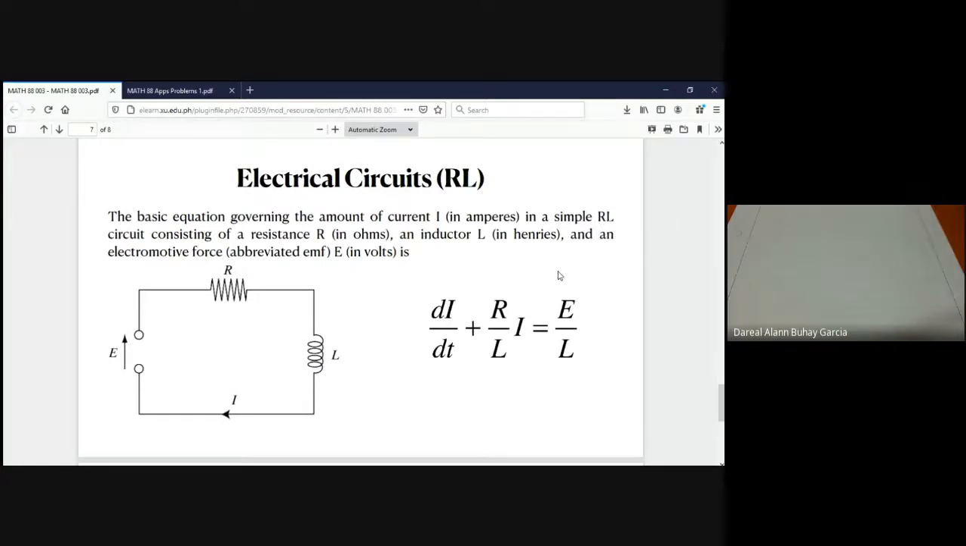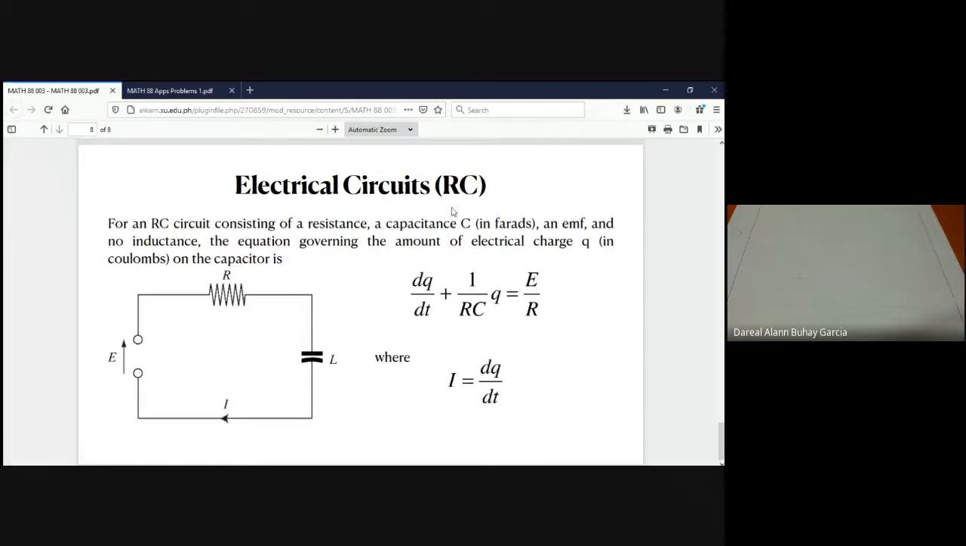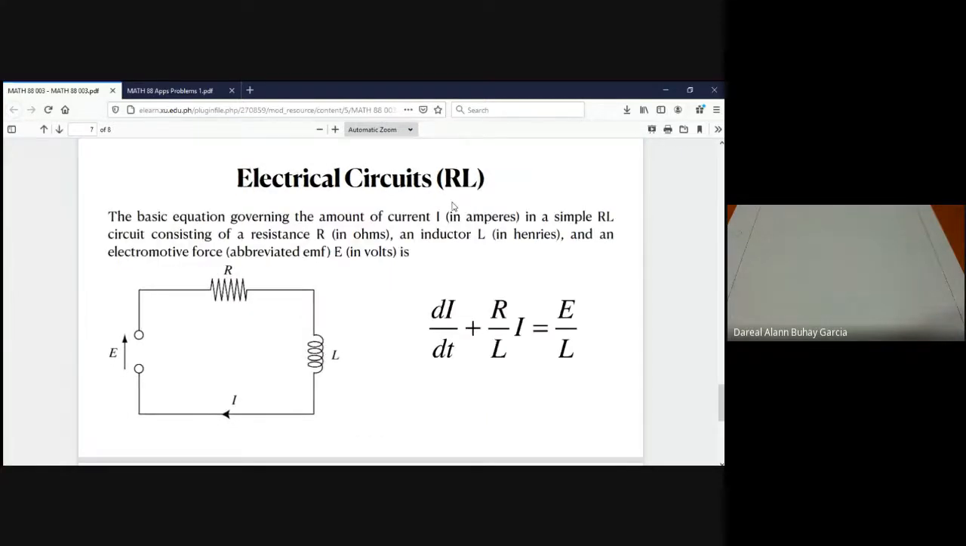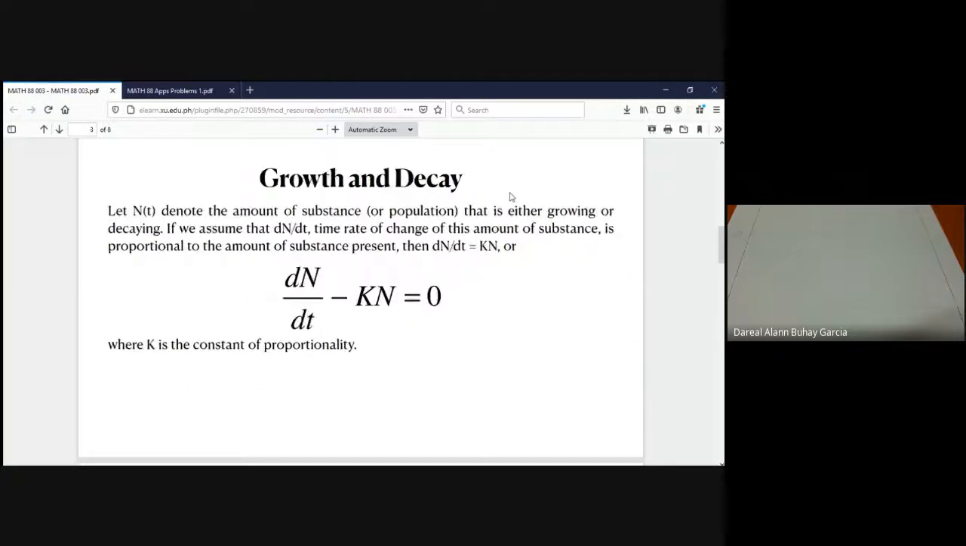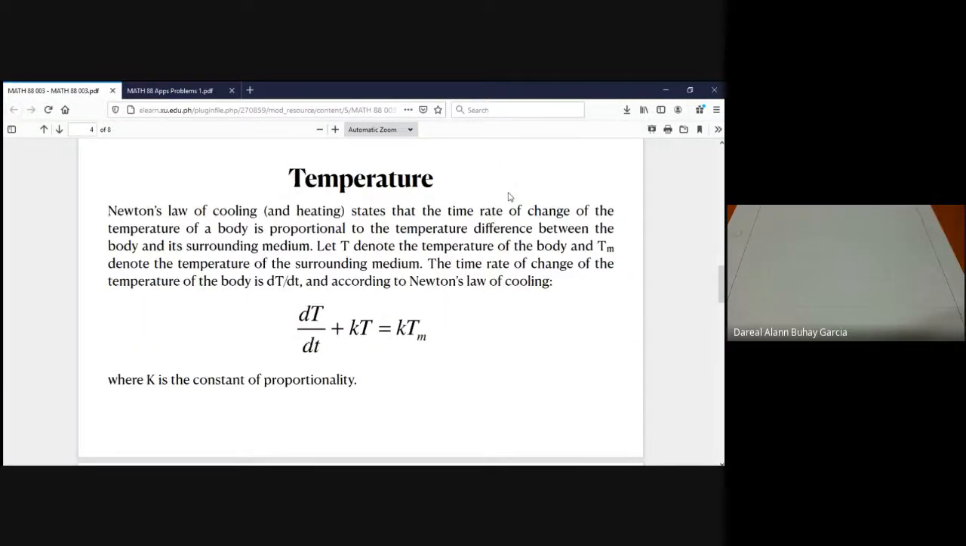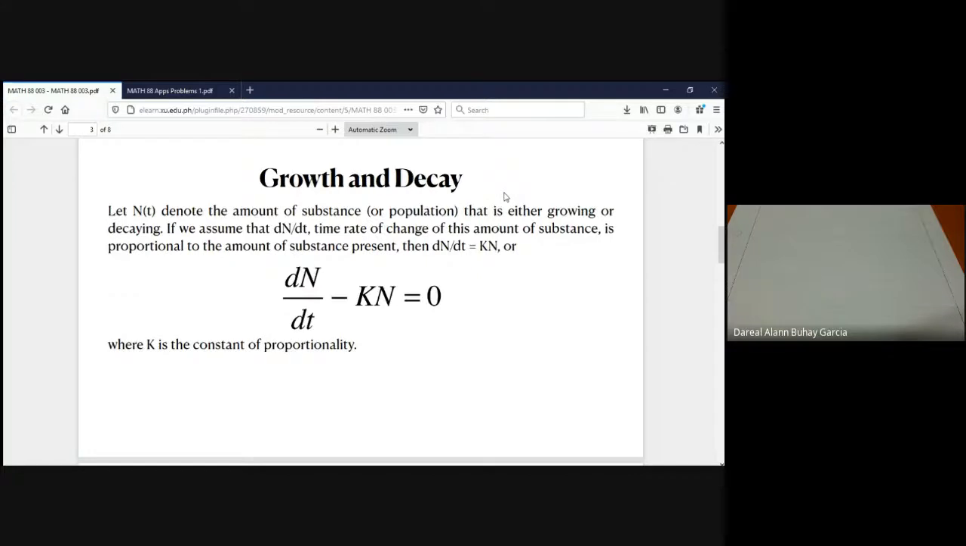We have RL circuits and RC. RC meaning resistor, capacitor. RL, resistor, inductor. So, inductor is L. So this afternoon, we will focus first on growth and decay and temperature problems. Okay? So growth and decay